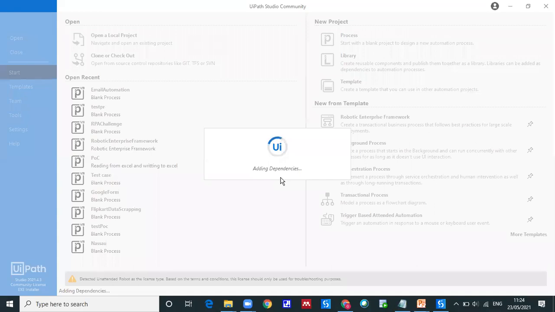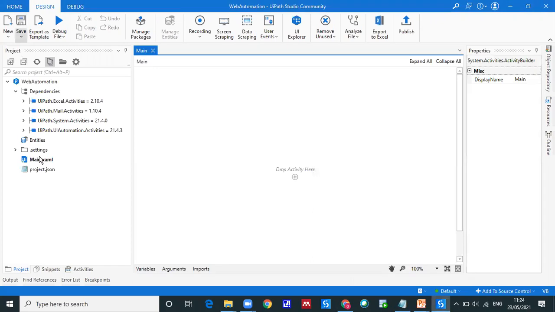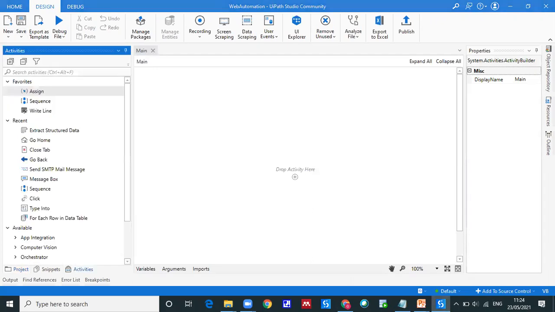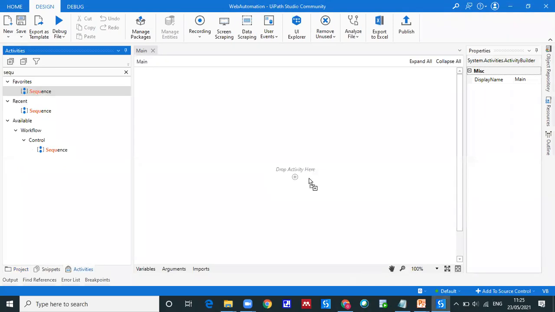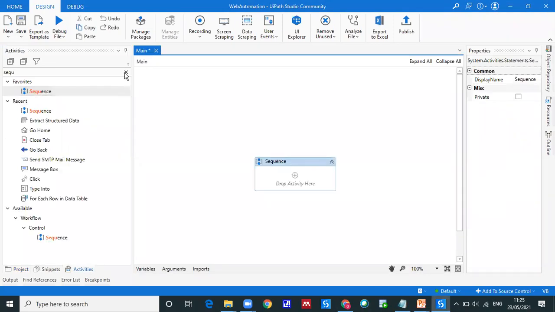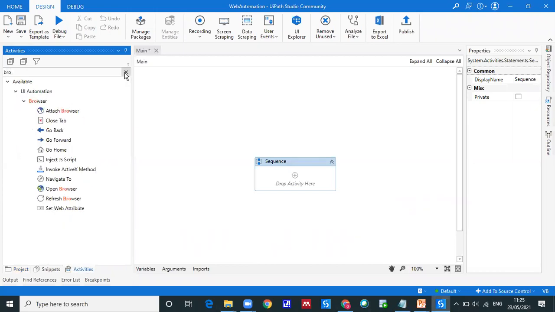Like Excel, PDF, email, there are a bunch of activities, right? Similarly, we have a bunch of activities here to interact with a website. So we will start with a small sequence here. I'll paste it here. Done.